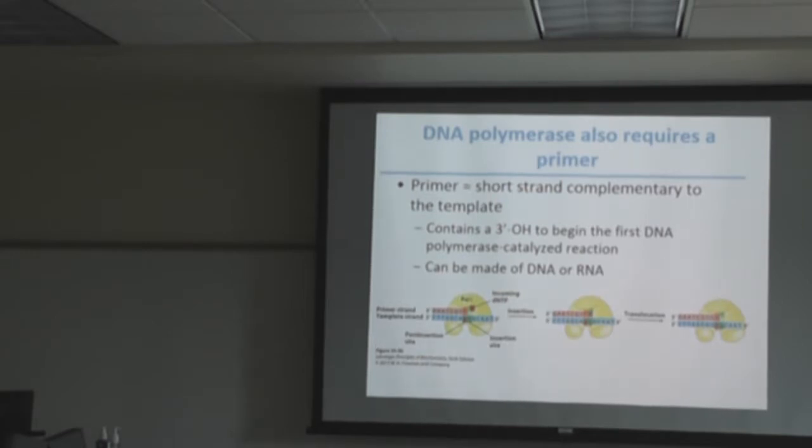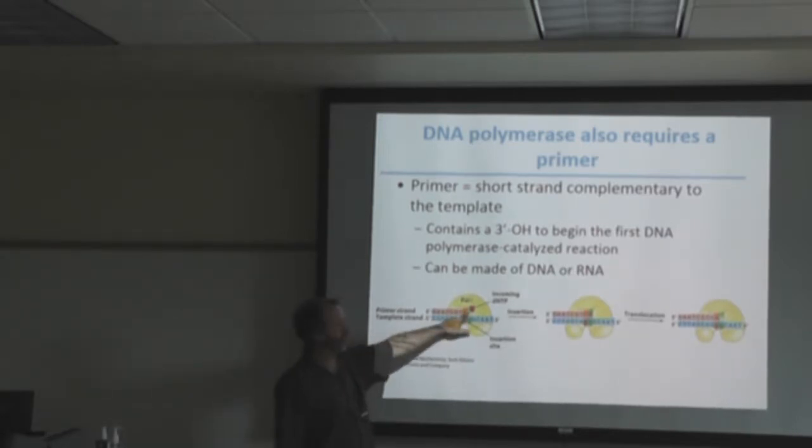DNA polymerase requires a primer, right? So we have to have some short nucleic acid sequence that binds to the template strand that allows for a 3' hydroxy group to add a new base onto. Now this primer can be RNA or DNA. In PCR, we normally use a DNA primer, but for normal DNA replication, it's going to be an RNA primer that the cell creates via an RNA polymerase. That gets added first, and the enzyme is called primase that